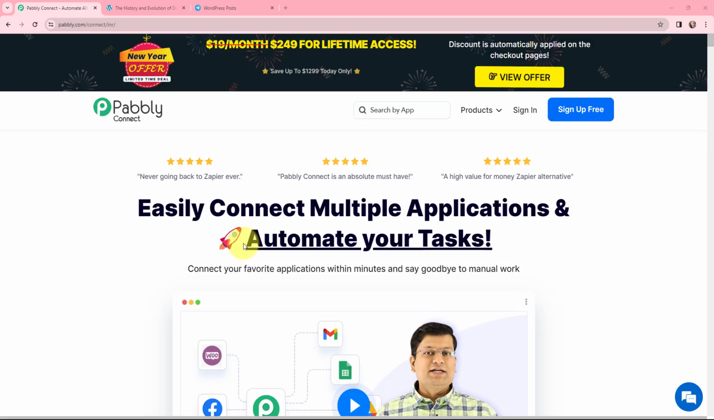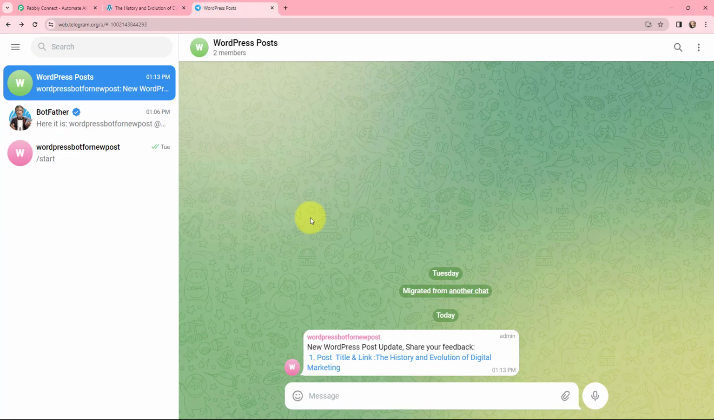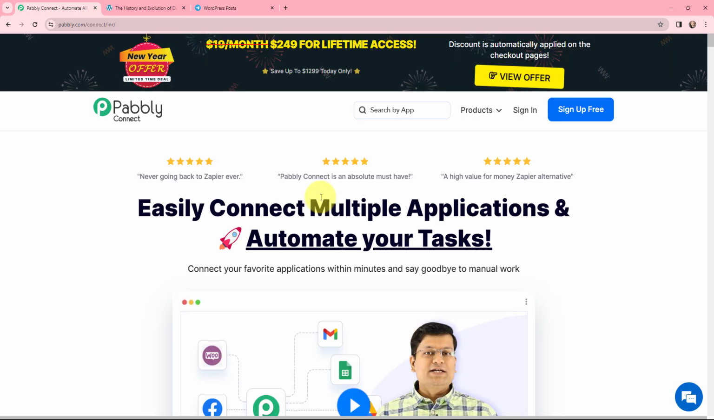In this video, we will understand how to auto post WordPress post to Telegram in minutes. So here my objective is that whenever I am going to publish a new post on WordPress, then I want to share the same post on Telegram. So now to do this, I need to build an integration between these two applications, for which I will be using Pabbly Connect. So this here is the homepage of Pabbly Connect, and now in order to do this, here